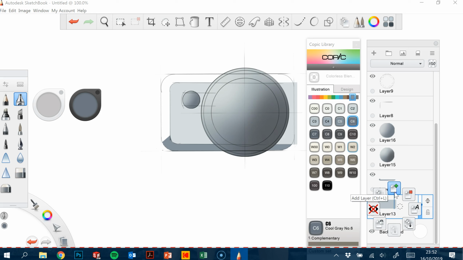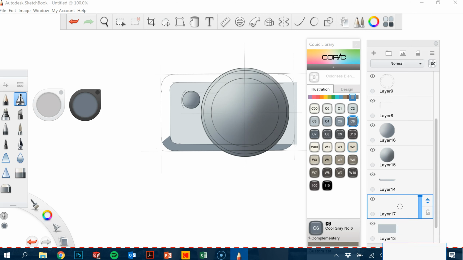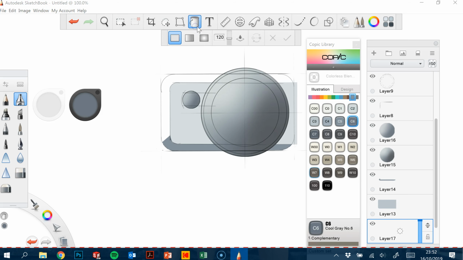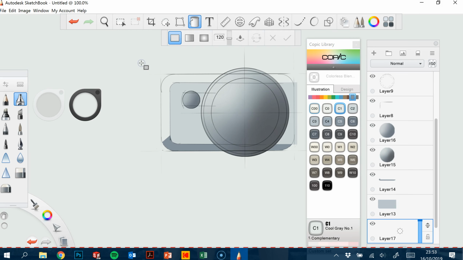So in my layers on the right hand side, I'm going to go down and add a new layer, which I'm just going to move to the bottom. There we go. And on that new layer, go to my fill bucket, pick maybe a C1, and let's just fill everything with that colour, something like that. And I've just taken that white out